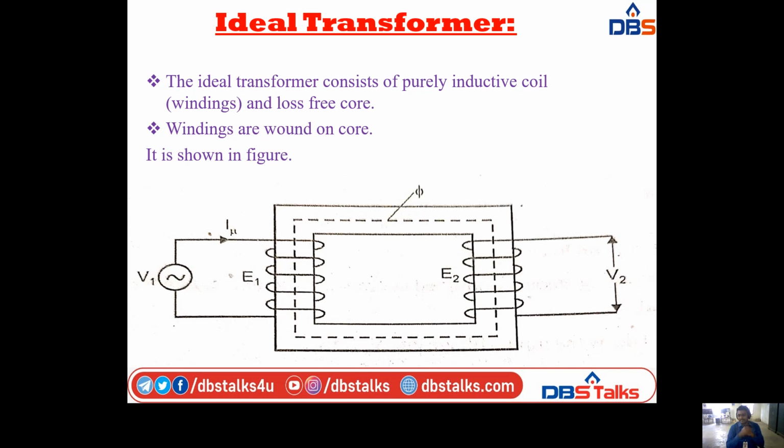Okay, and the remaining parts are the same, primary and secondary, and the primary winding is connected to the supply voltage. Actually in the ideal transformer, the windings are wound on the core. In the basic transformer also the windings are wound on the core. So here, the primary winding produces the current I mu, that is the magnetizing current. The primary winding produces the current, that is the magnetizing current, and flux phi, and V1 is supplied to it. And the remaining are all the same.